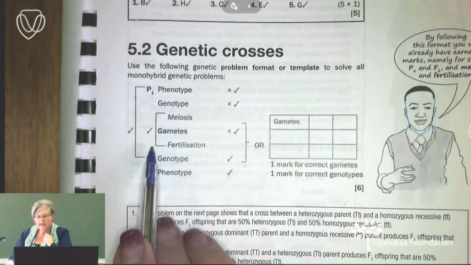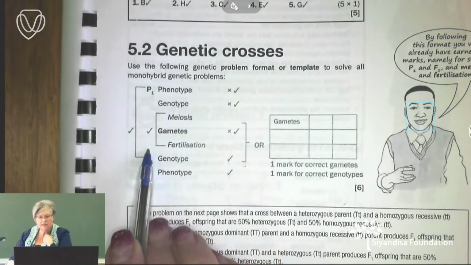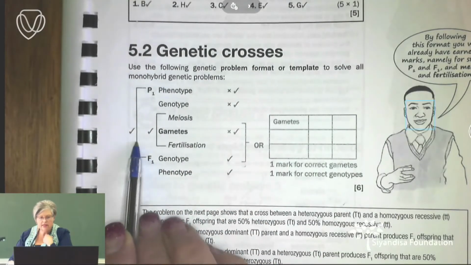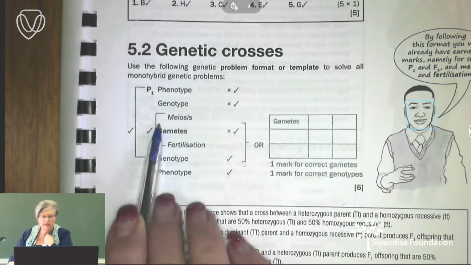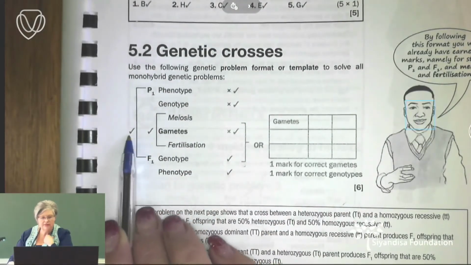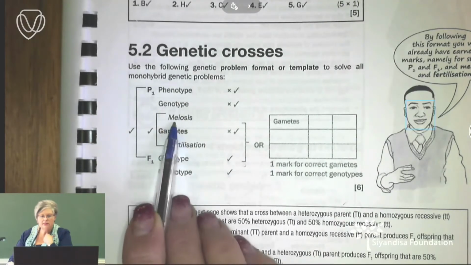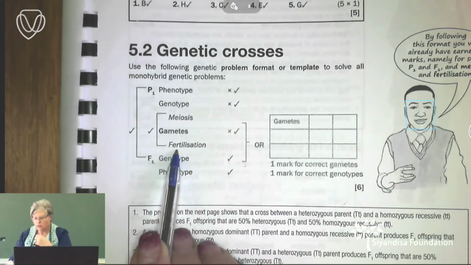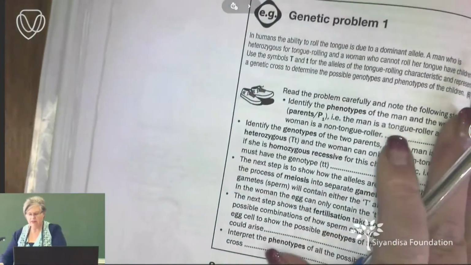So for P1 and F1, the first generation offspring, you must get 1 mark. If you only write P1 and F1 with nothing in between, you will get 1 mark, because it's a given mark, a freebie given to you. And then the two processes, meiosis and fertilization, 1 mark, but they must be in order. Okay? So if we now look at genetic crosses,